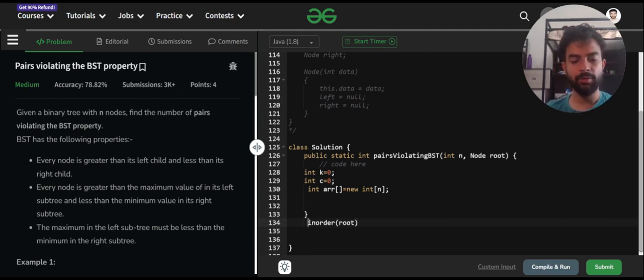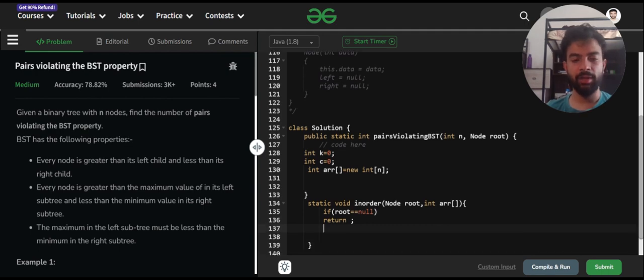सो इसको कैसे करेंगे, इसको स्टैटिक डिफाइन करेंगे। static void inorder is the function, और inorder के अंदर what are the things which we are passing, we are going to pass a node parameter, we are going to pass an array, और इसमें first we are going to check कि अगर कोई रूट में वैल्यू प्रेजेंट नहीं है तब, तो उस कंडीशन में रूट equals to null होगा, तो हम लोग डिफॉल्ट रिटर्न करेंगे। और अगर नहीं होता है तो हम लोग inorder फंक्शन को रिकर्सिवली कॉल करेंगे, एक बार लेफ्ट साइड की वैल्यूज को सर्च करने के लिए, एक बार राइट साइड की वैल्यूज को सॉर्टेड ऑर्डर में सॉर्ट करने के लिए। सो पहले लेफ्ट साइड को हम लोग सॉर्ट करेंगे, इसलिए left dot